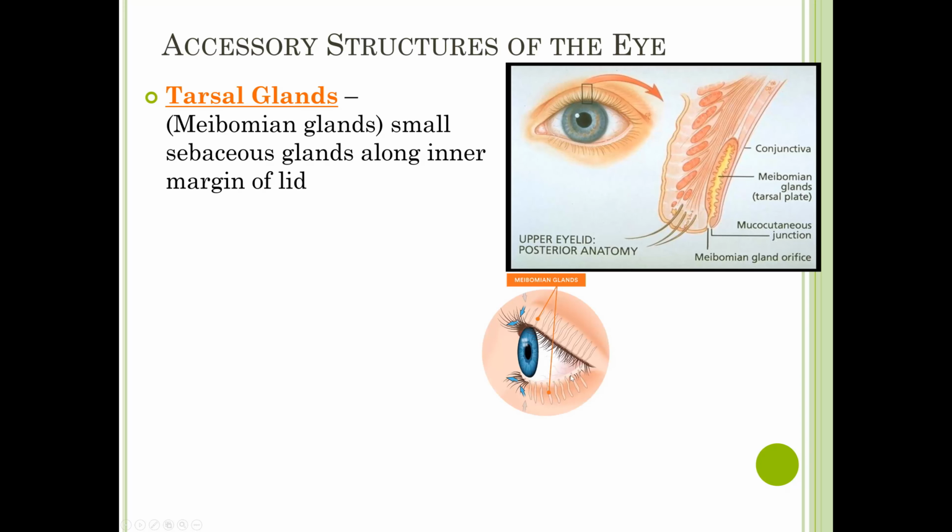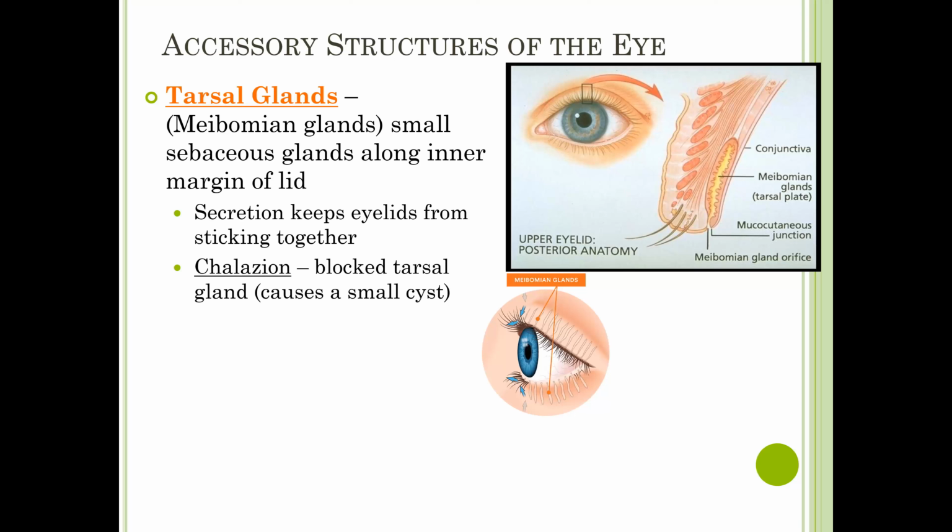If you look at this picture here, it shows that you've got all of these tarsal glands. Again, they used to be called meibomian glands, and they are all secreting this oily substance behind your eyelashes. This secretion helps keep your eyelids from sticking together, so when you blink, your two eyelids don't become stuck to each other, and so you get a flawless blinking without even thinking about it.